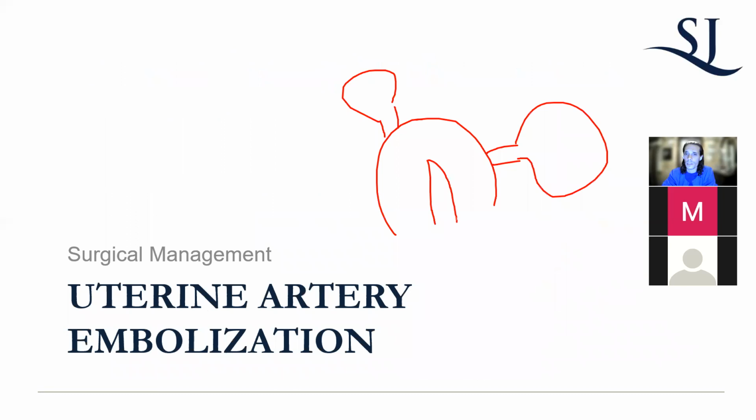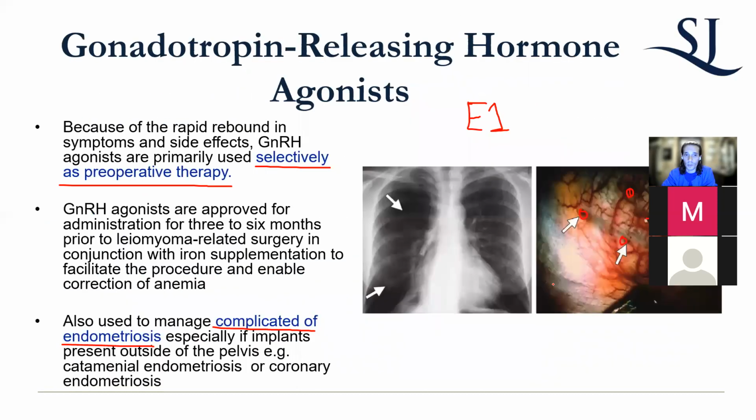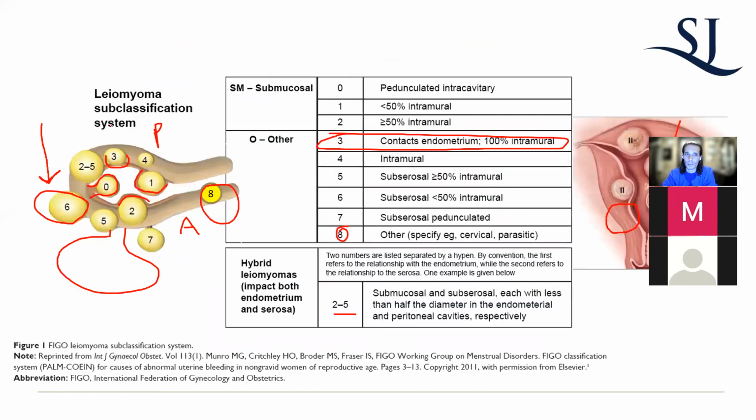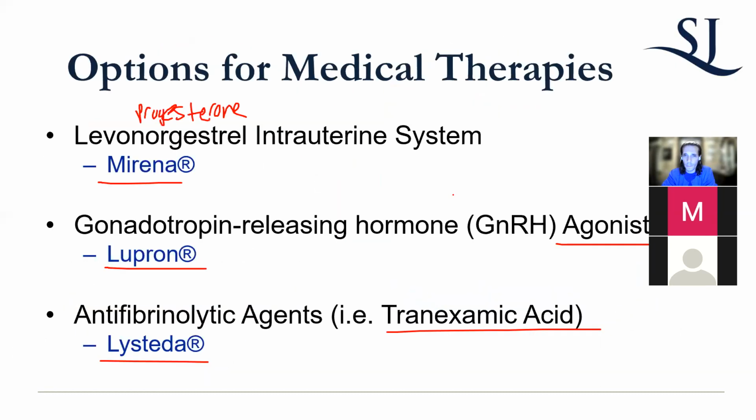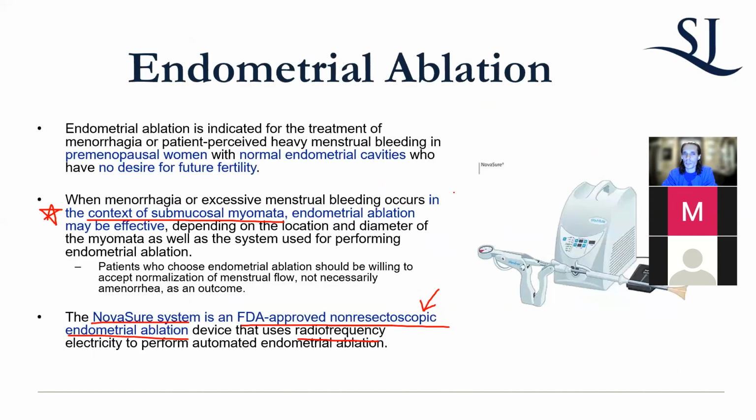Also, say this is a cavity. Say if you have big fibroids, right? Fibroids are parasitic, so they're going to recruit blood vessels from everywhere. If you do a uterine artery embolization, this is less likely to be successful. You're probably just going to starve the corpus itself rather than these big fibroids, which are going to find blood supply elsewhere. So you also have to stratify your patient and your treatments based upon, if you're talking about fibroids, looking at the subclassification system. Where are they? Is it even going to work?